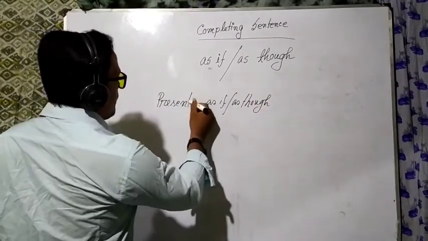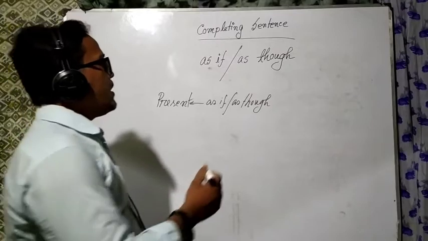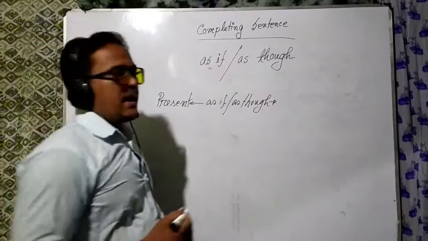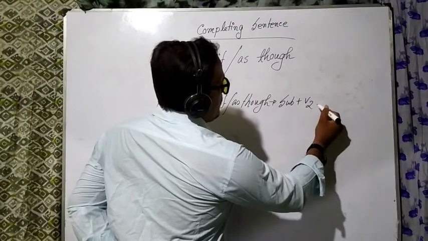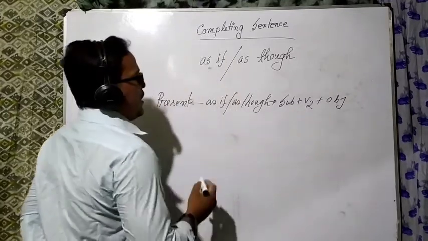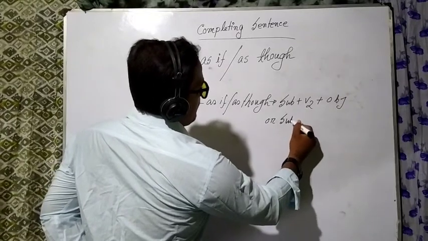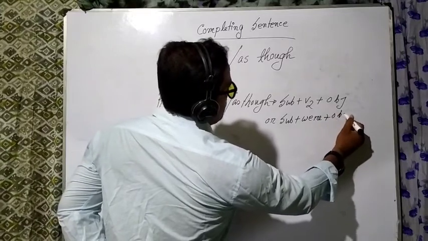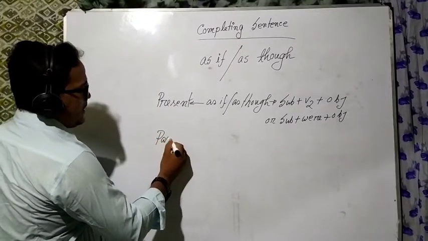If the first clause is present tense and it ends with as if or as though, then we have to complete the incomplete sentence with subject plus verb plus object, or subject plus were plus object. But when the first clause is past